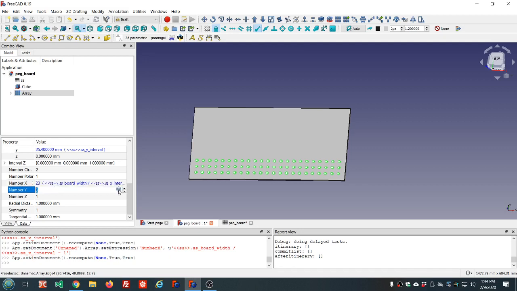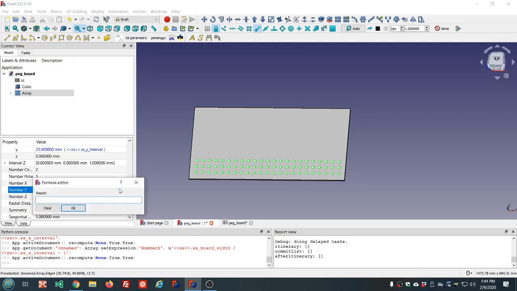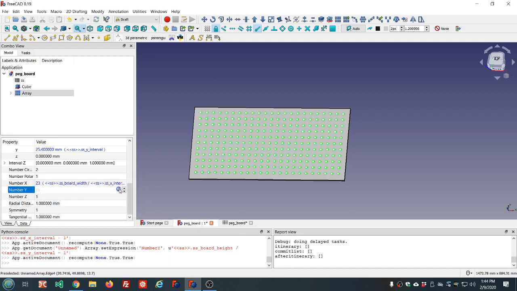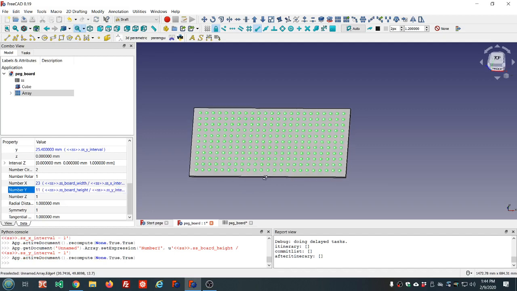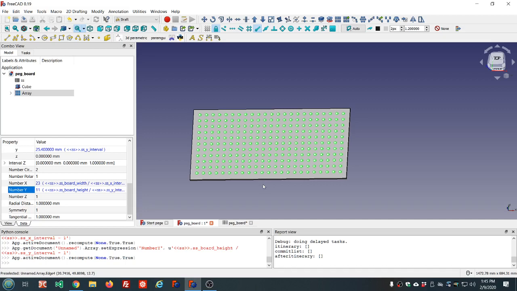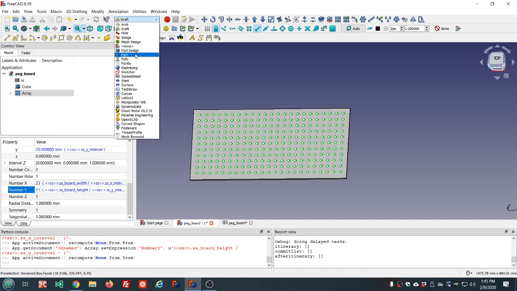Now the Y, we'll do the same thing. This is the board height divided by the Y interval, -1. F5 to refresh. And now we just need to cut with the Boolean Cut operation in the part workbench. So we switch back to part,